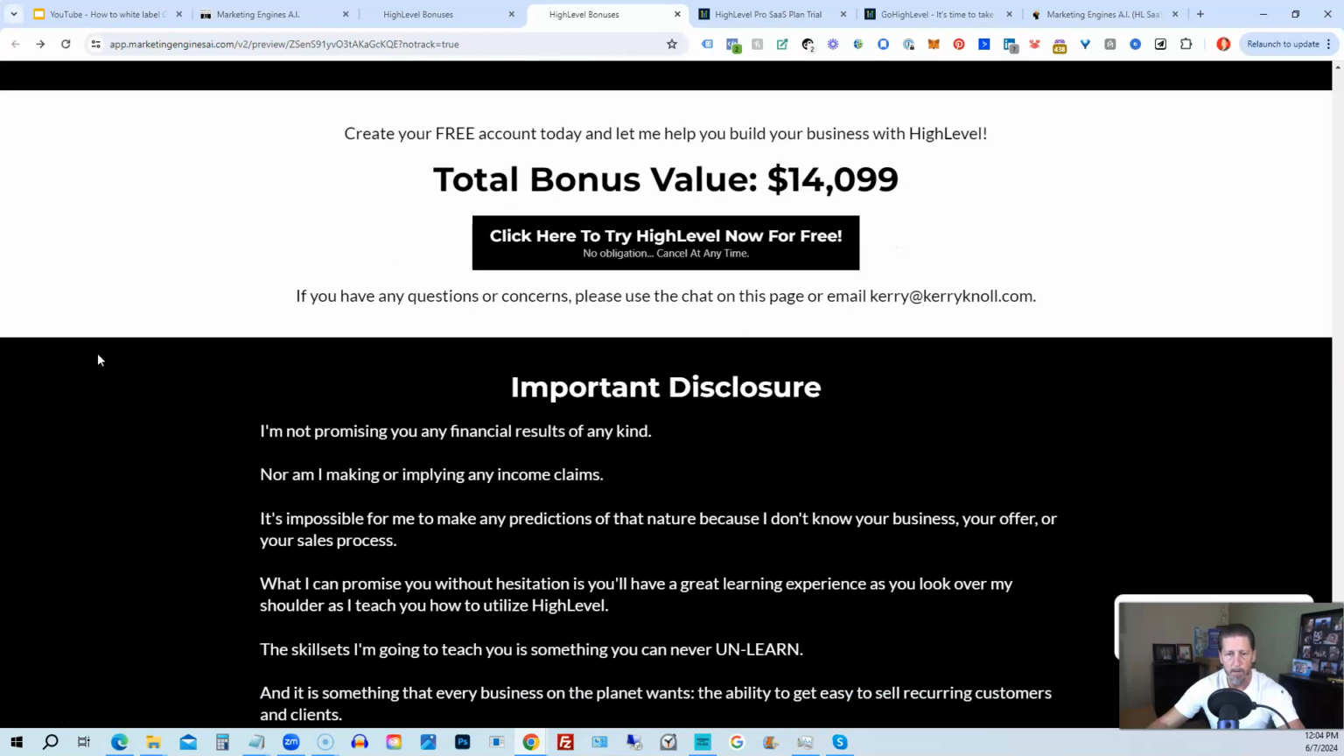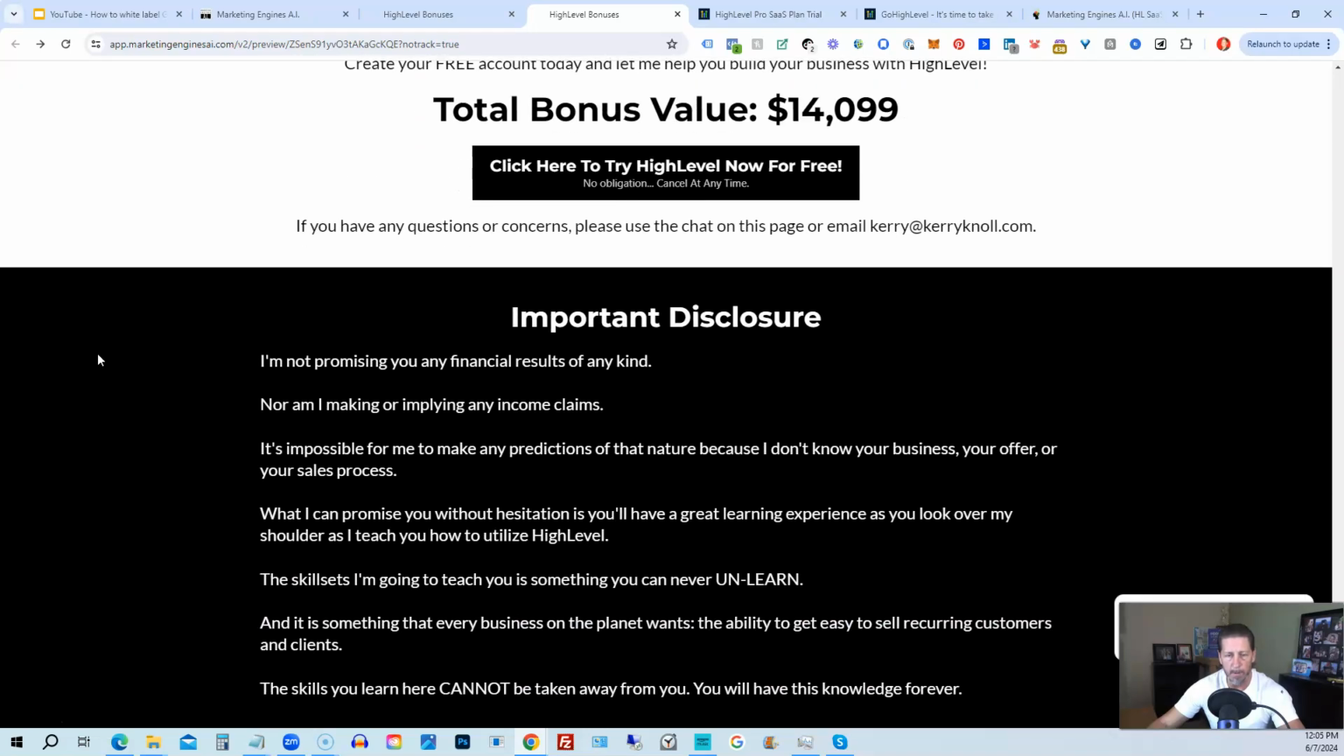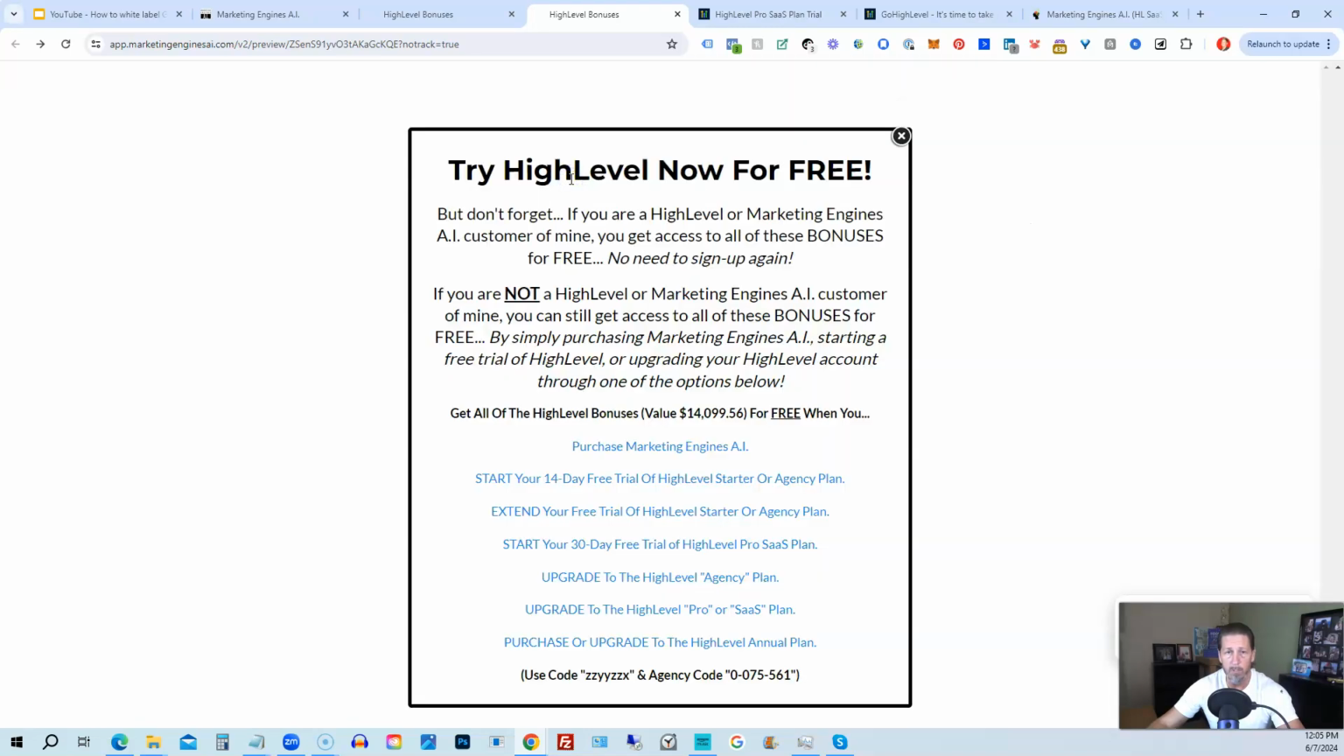All right, once you've decided to sign up through my HighLevel link or through Marketing Engines AI, either one on this particular page, you will click one of these black buttons. Once you do that, it'll say try HighLevel now for free, and you will get a chance to either sign up for Marketing Engines AI, which I will give you a 30-day trial of it. So I give you a little better option than just signing up for HighLevel, where you can only get a